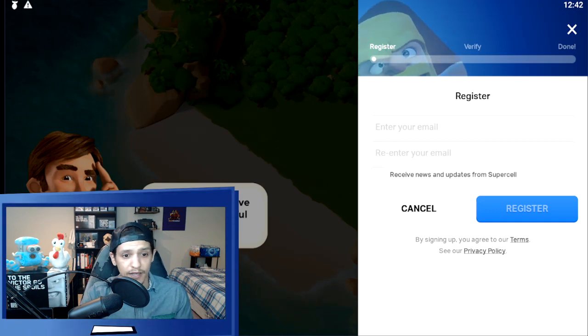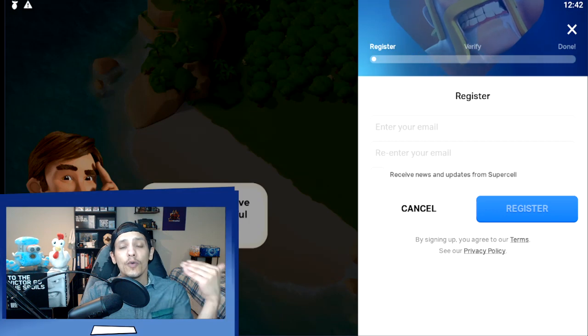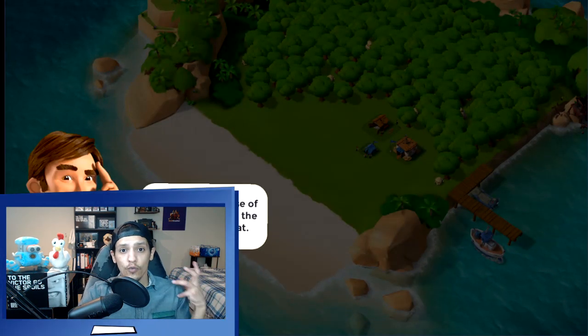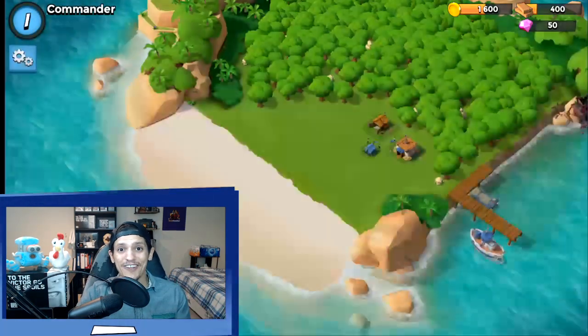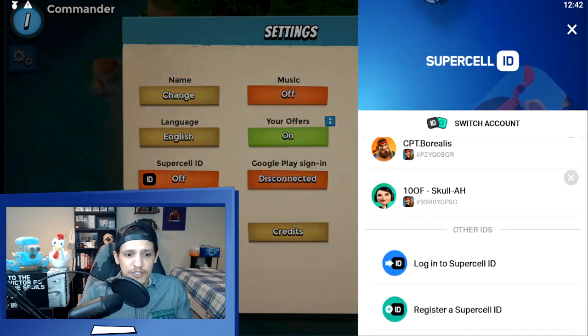I would recommend, receive the news and updates from Supercell. It's always good to stay in the loop. And then you would register that account here. And once you register that account, you will go into your decorations tab and you will find that chicken, aka the Supercell ID trophy. So if we do go back over and we do log in to the Supercell ID,